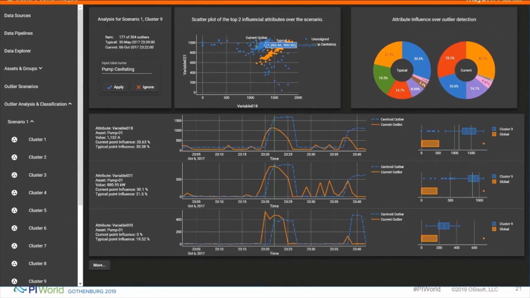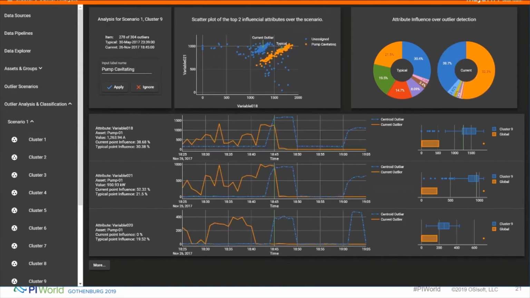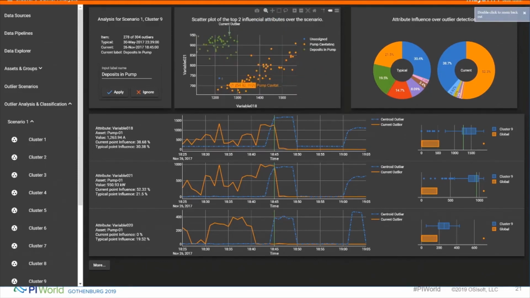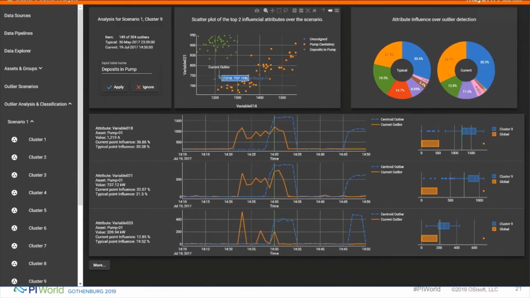So you can see here we're adding another tag to these. So it makes it very easy for a subject matter expert to go through and identify the root cause of these various outliers and then tag them. And then that can lead to, as Remy was saying, various other kinds of algorithms, data cleansing, hooking that into various machine learning techniques as needed based on the kind of information you find.